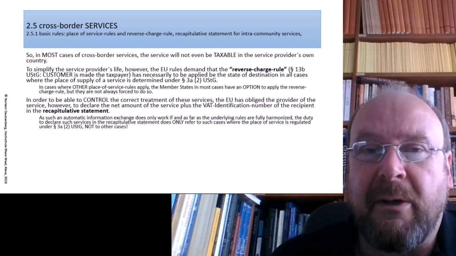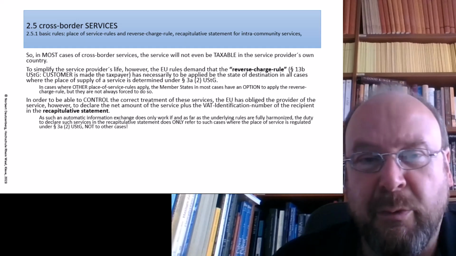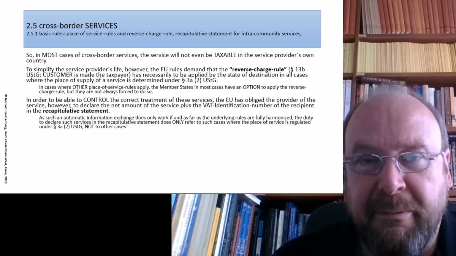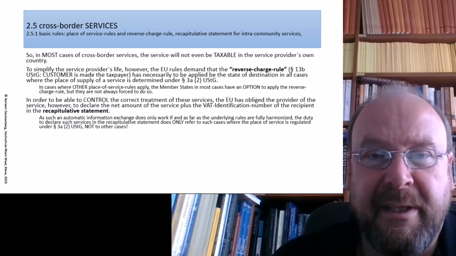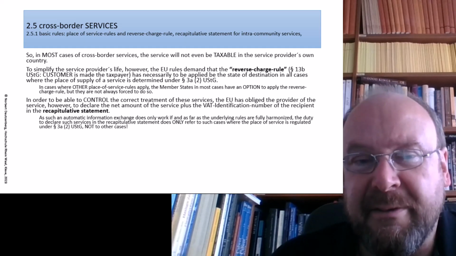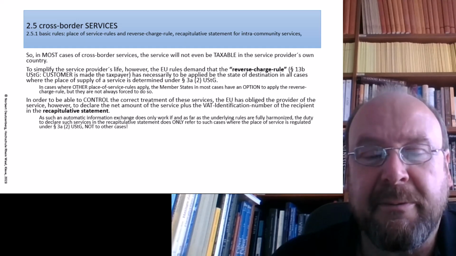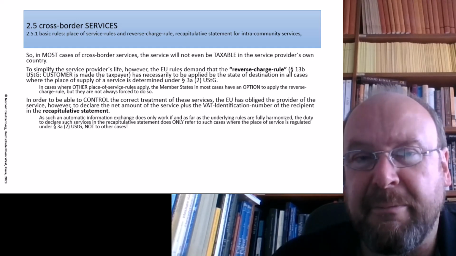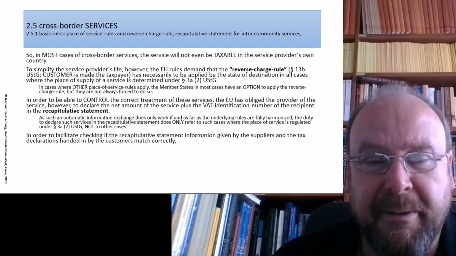Now, if you have a relationship between one EU enterprise in state A and one EU enterprise in state B, then the EU also wanted to establish a mechanism that a cross-border check of the situation can happen. So the enterprise which renders the service has to hand in information on that transaction to its home state tax office, as the sketch showed us, with the VAT identification number and the net amount of the service rendered, and the information will be passed on to the tax office in the state of the customer.